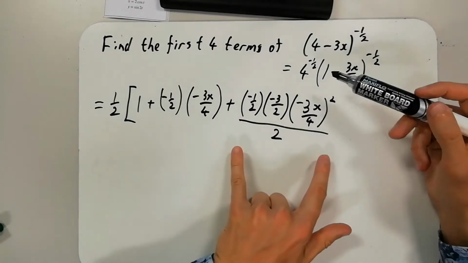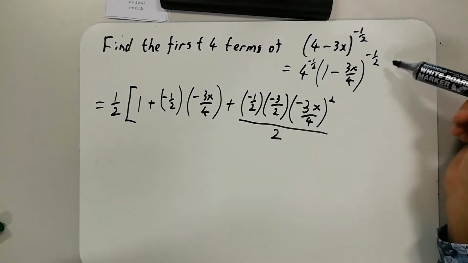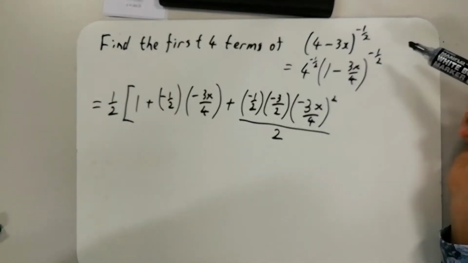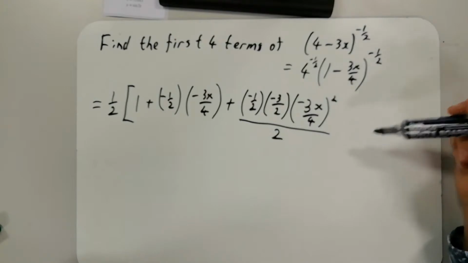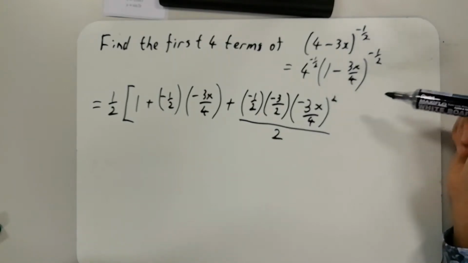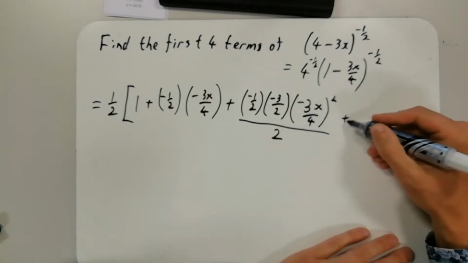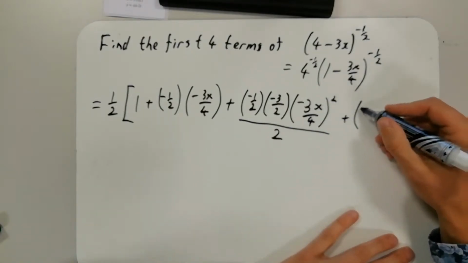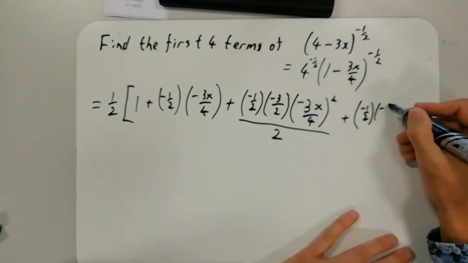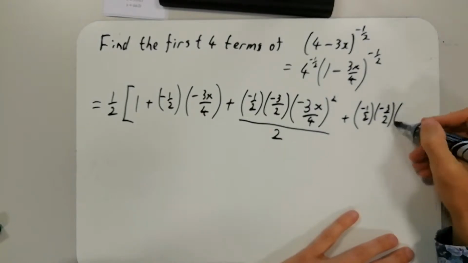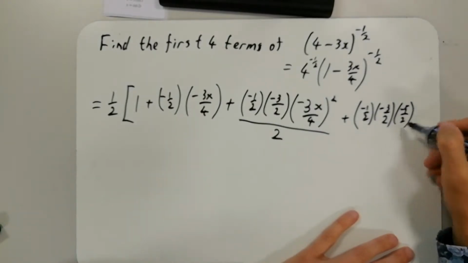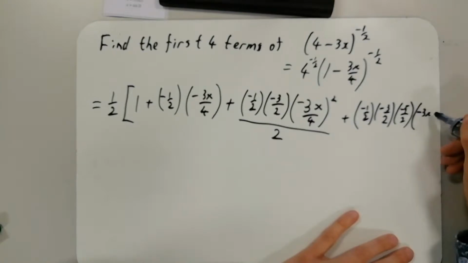We'll discuss in lessons why this can be extended to non-integer coefficients. If you're doing further maths and you do Maclaurin expansions, you'll see in much more detail why we're allowed to do this. Okay, and then carrying on the pattern, minus a half, minus 3 halves, minus 5 halves, minus 3x